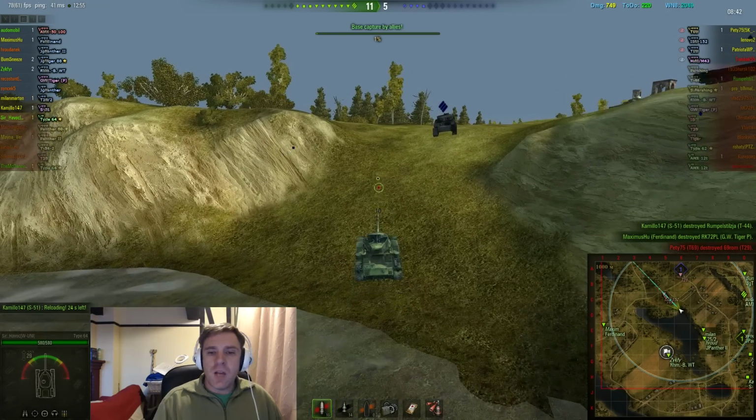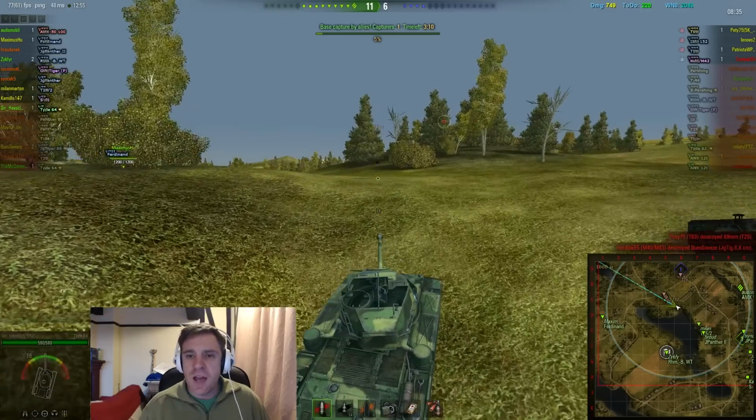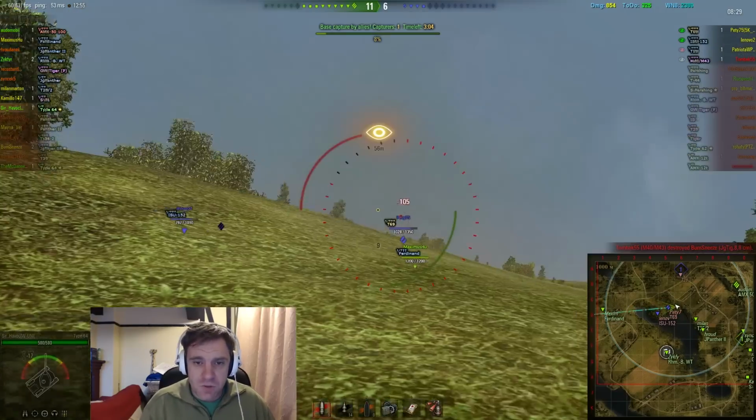They're not going to know I'm coming from this angle. They're still going to think I'm on the other side because my last known location will be on their mini-map. So I can use that bit of the game to my advantage here and get into a forward position to start taking some shots and